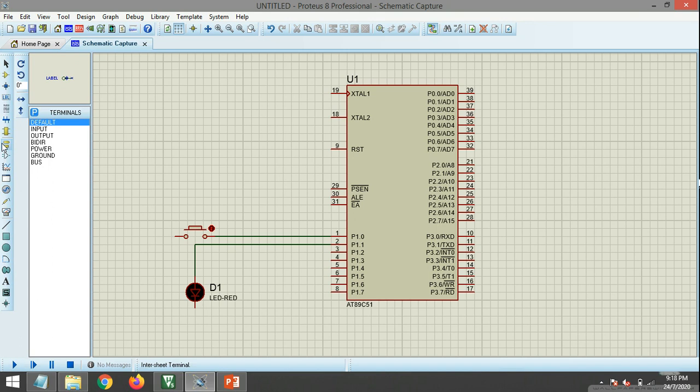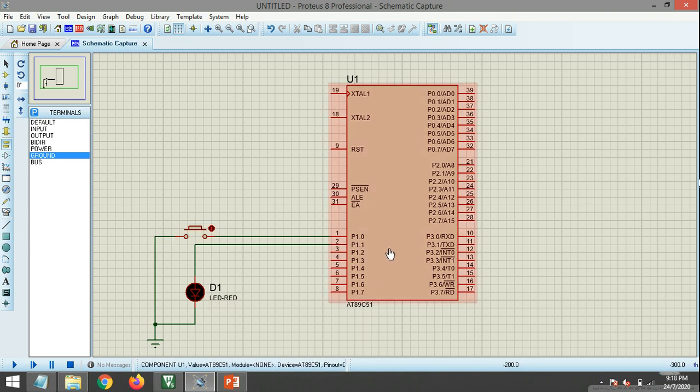Now the remaining thing to complete the circuit is the ground. We'll go to the terminals mode. We'll click on ground, and that's our ground. So we'll connect the LED and the push button with the ground. So the circuit looks complete.